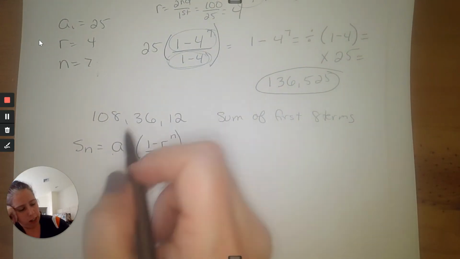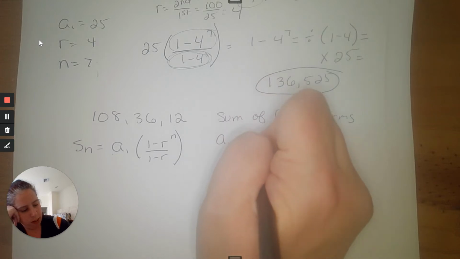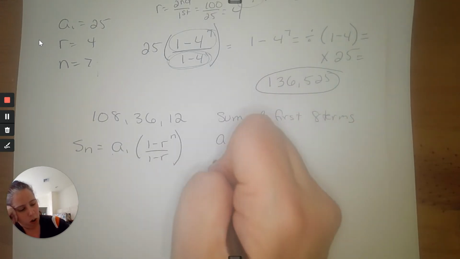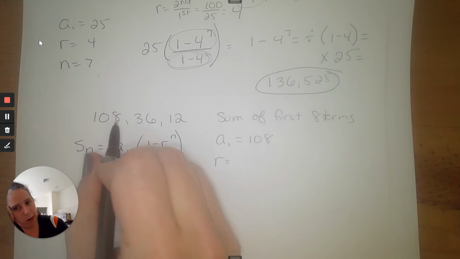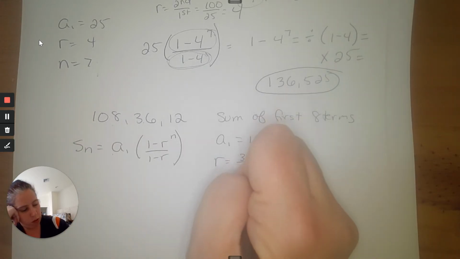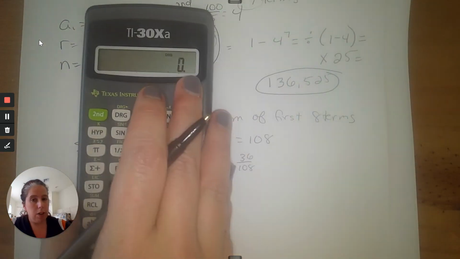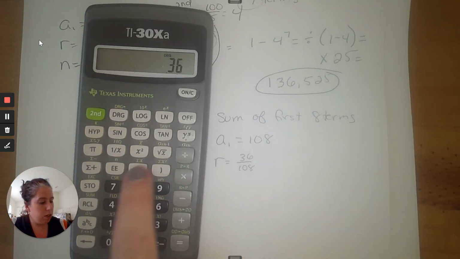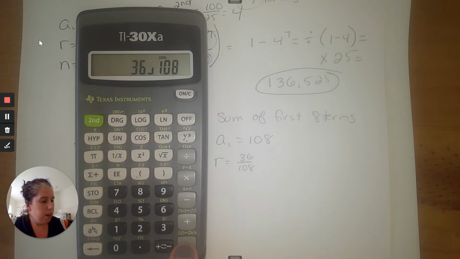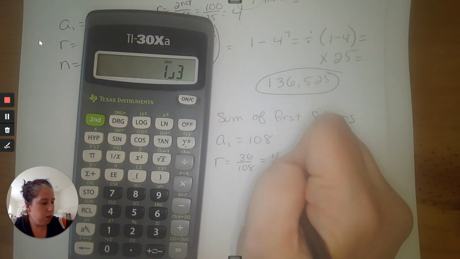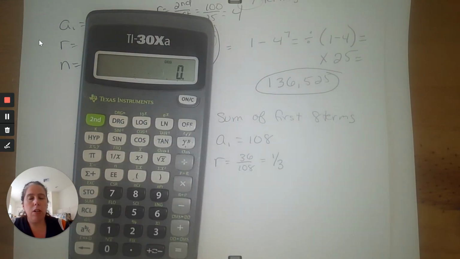Okay, so things I need: A1. It's 108, right? I need R. Remember, the second one divided by the first one, so 36 over 108. Reduce it, or use your handy-dandy calculator, right? So 36 over 108. It's going to give me a third. Okay, here's the deal. You have to use a fraction, guys. You can't use a repeating decimal. So if you're on your cell phone and you divide this, okay,